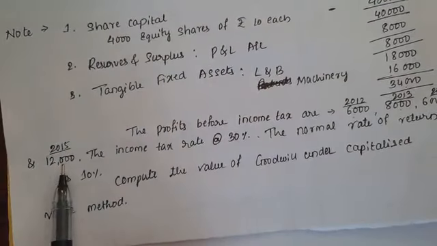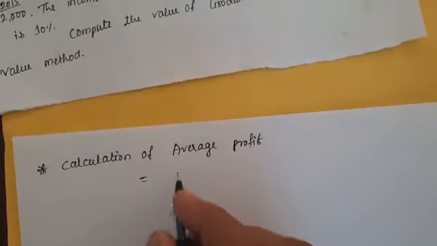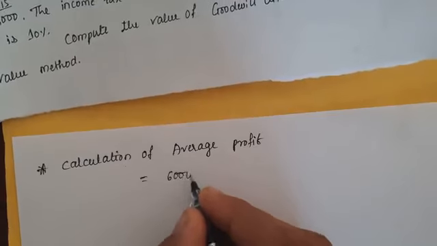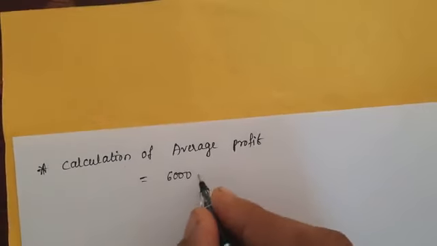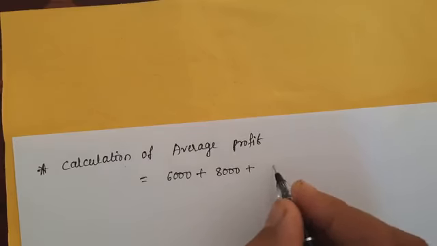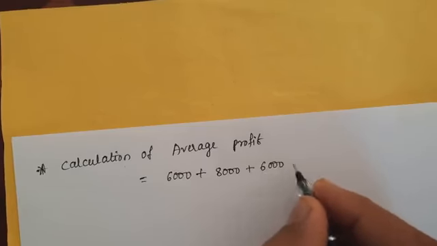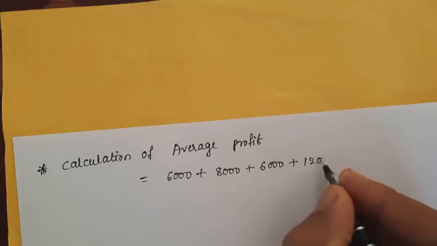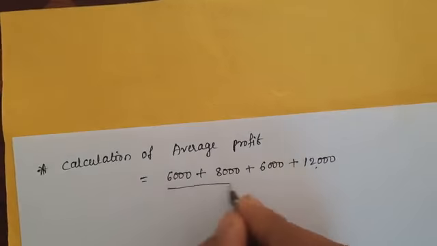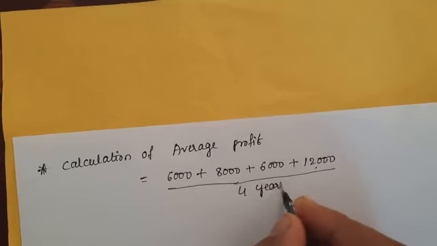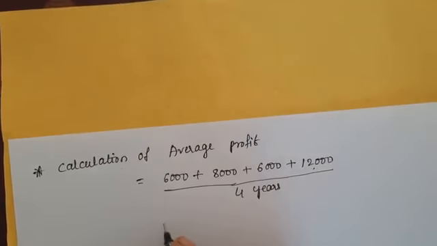These are the four years' profit, and that profit is to be considered here. 6,000 plus 8,000 plus 6,000 plus 12,000, divided by 4 years, is equal to